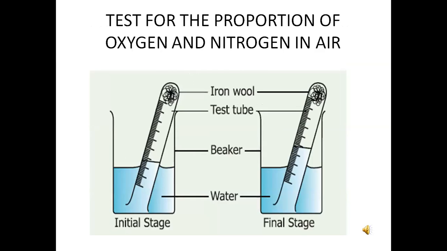Next, test for the proportion of oxygen and nitrogen in air. We know that iron undergoes rusting with oxygen and forms iron oxide. This process can be used to estimate the percentage of oxygen in air, which has been removed by the rusting reaction. So the activity is: take a small portion of iron wool, press it into a 20 ml graduated test tube